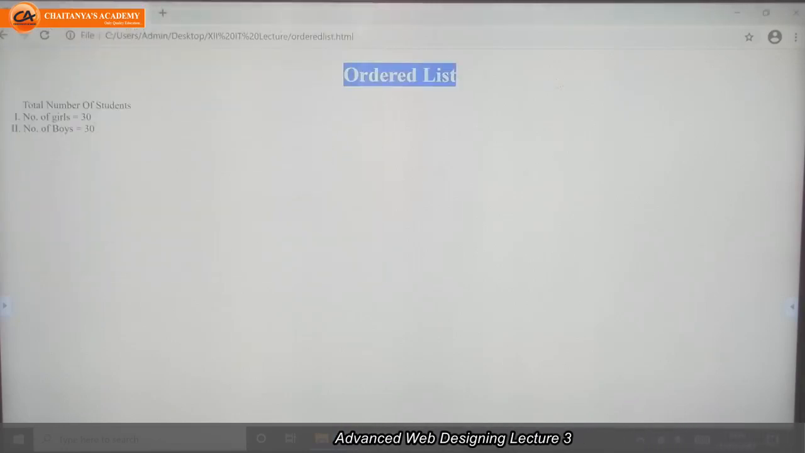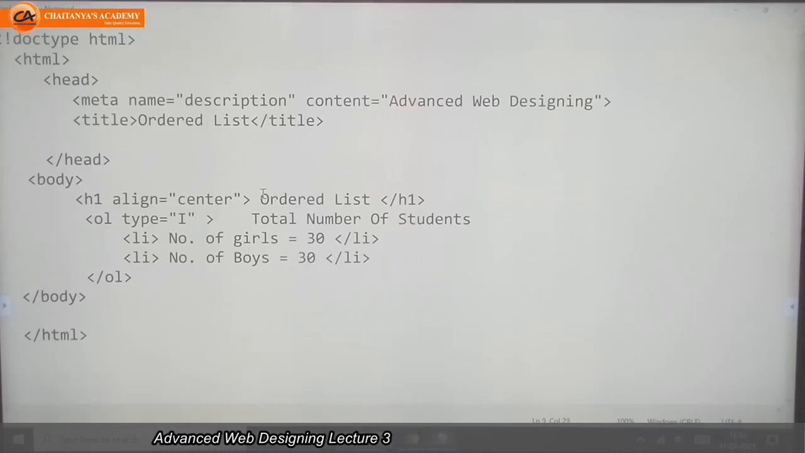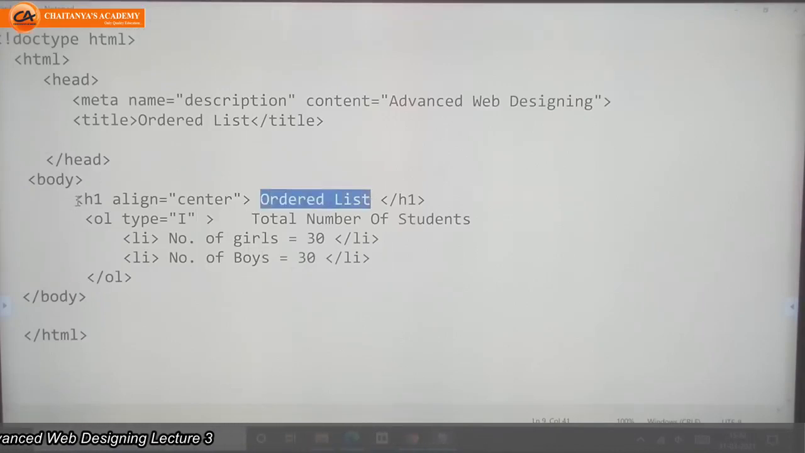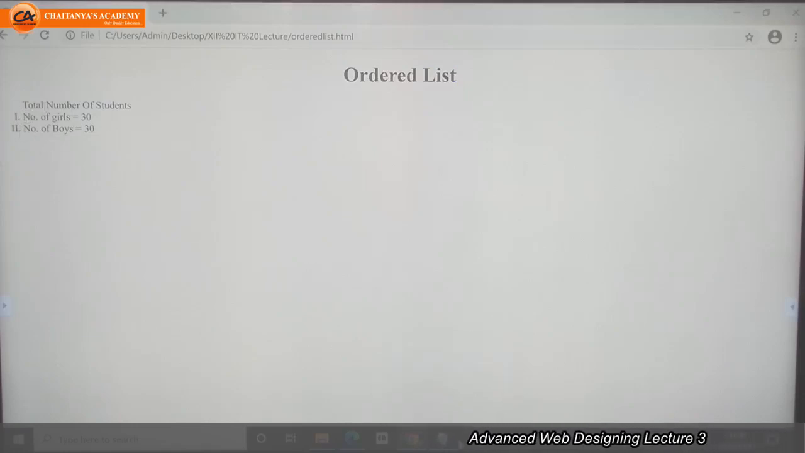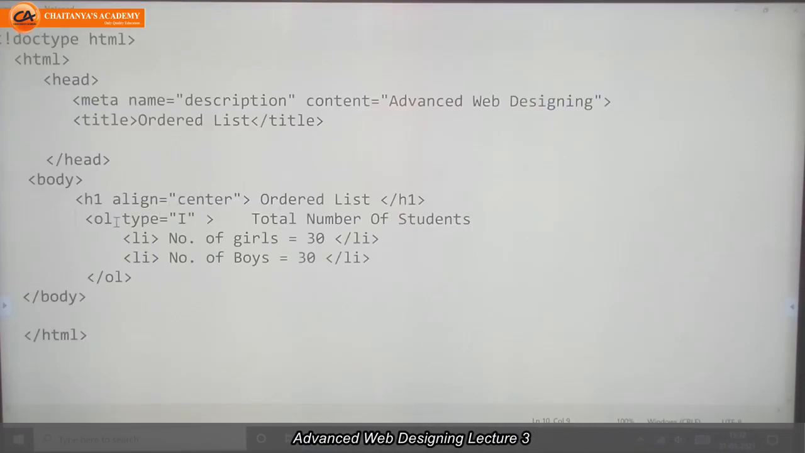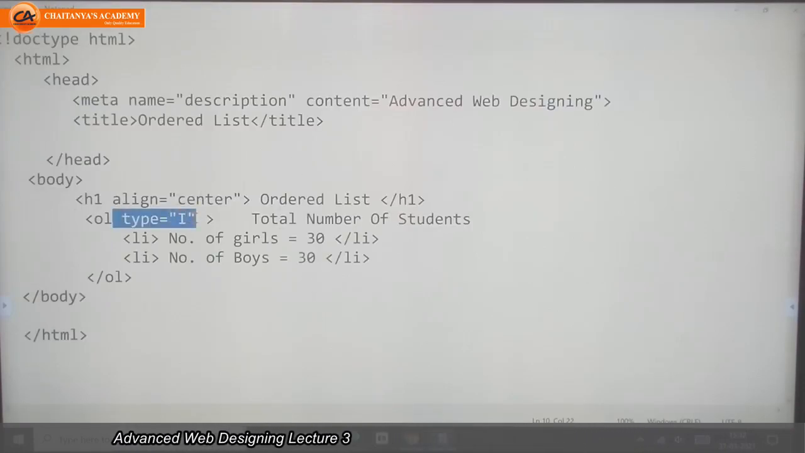See, this is an ordered list, meaning the text I have written in the H1. Next, the total number of students, and after that, first Roman 1 and Roman 2, number of girls, number of boys. Why did it come in Roman 1 and Roman 2? It is because of this attribute. If I remove this attribute,